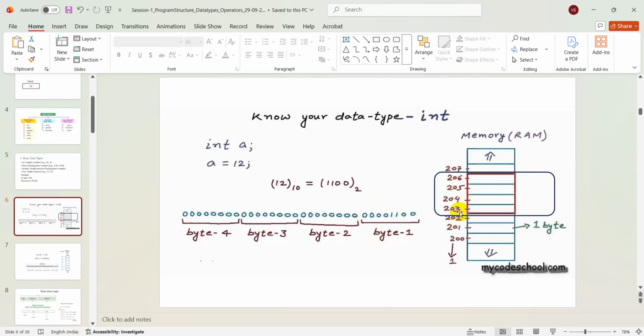So here the 4 bytes of memory, which is typically assigned for an integer variable in most of the modern compilers. Earlier days, the compilers used to assign only 2 bytes for the integer data type, but most of the modern compilers will assign 4 bytes. So this is how the value of 12 is stored inside the memory, which is 4 bytes for the integer